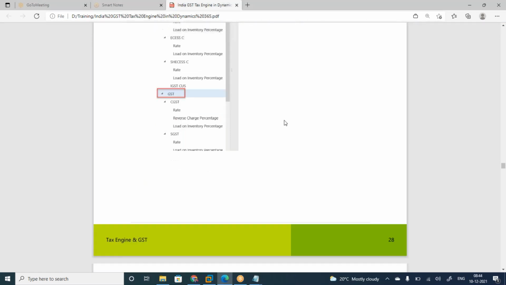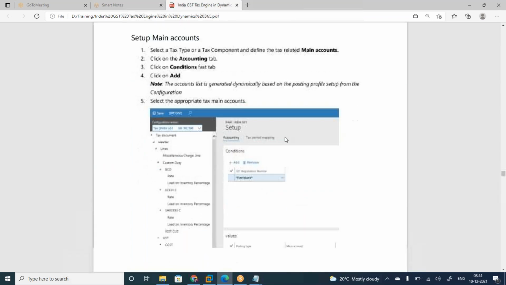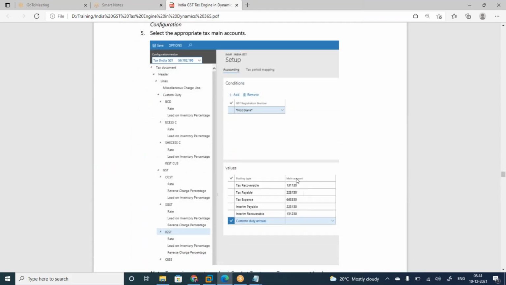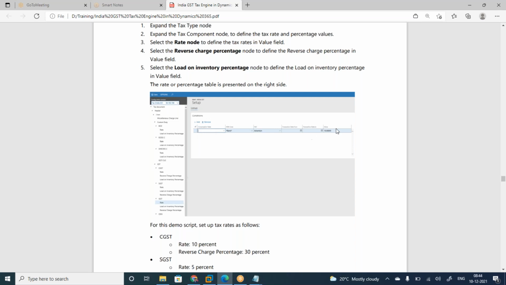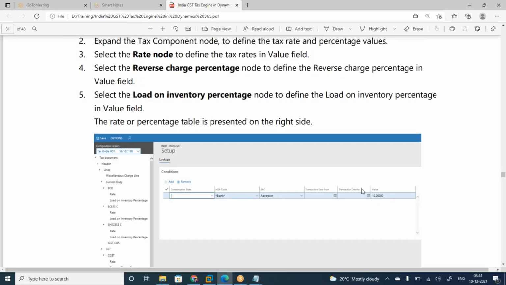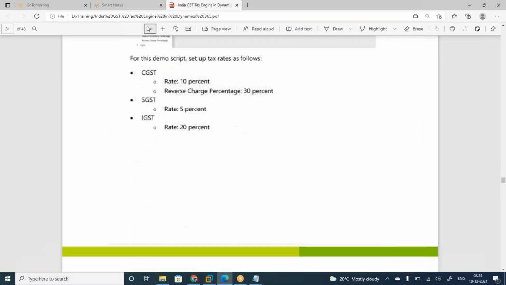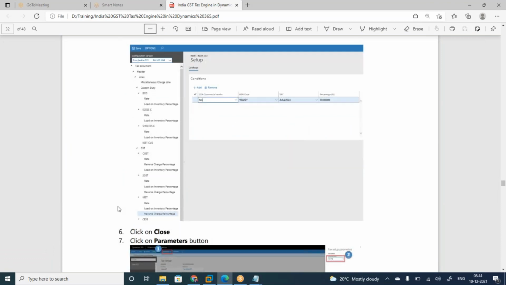So you can map all these things. Once it is mapped, see, it is tax period mappings. Everything is given with screenshots and explained very clearly. You need to map the ledger accounts, whatever you have created earlier. You need to map the percentage. Let me make it a little bit bigger. This is the percentage. So next, CGST. You need to map. If it is reverse charges,